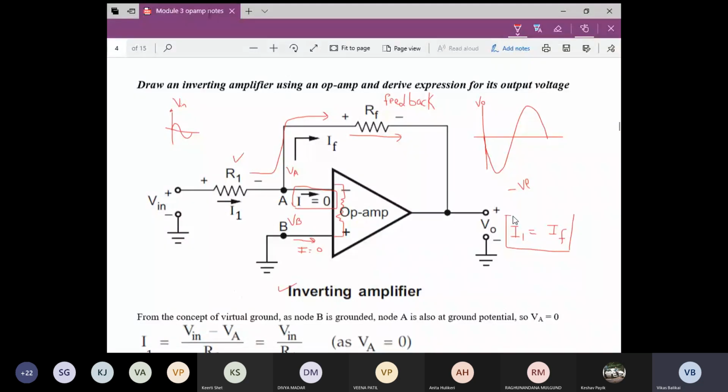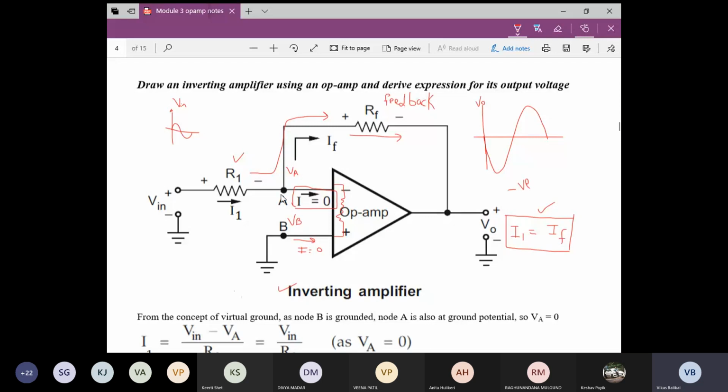So henceforth, I'm going to give you a tip. In all the subsequent lectures dealing with the op-amp, remember this one fundamental idea, and your entire module is done. On this one idea you are going to solve all the applications of the op-amp, and you are going to derive some 5 to 6 derivations about different applications. This concept comes everywhere, so try to figure out what the different currents are. Specifically, this will come in almost all the applications: I1 is equal to IF, and I1 is not the input current of the op-amp, it is the input current of the op-amp circuit. Don't get confused. When you use the words, use them properly.